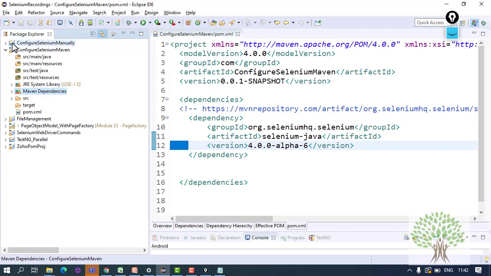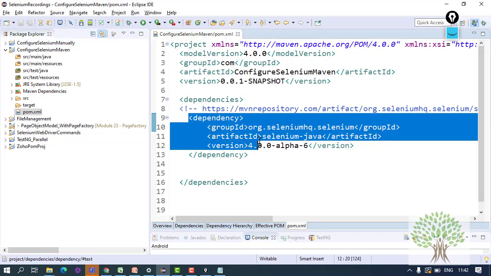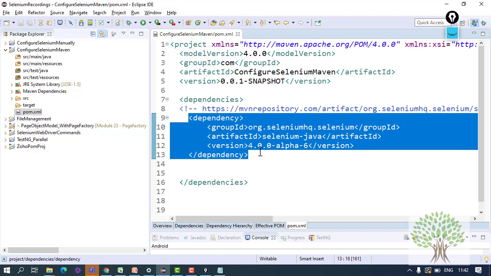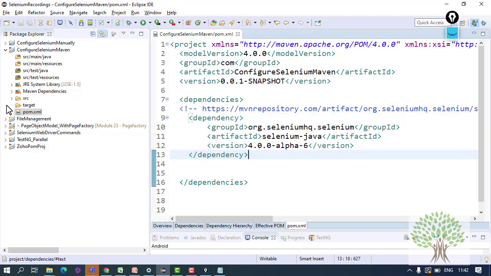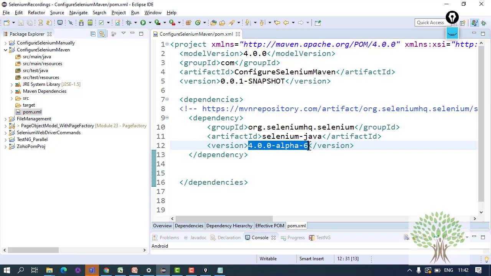Make sure you are obviously connected to the internet. Sometimes your office firewall or something might block the downloading. But in general cases, it happens successfully. The advantage is that you can give this pom.xml to many of your team members and all the team members will have the same pom.xml. They will have the same version of Selenium with them.